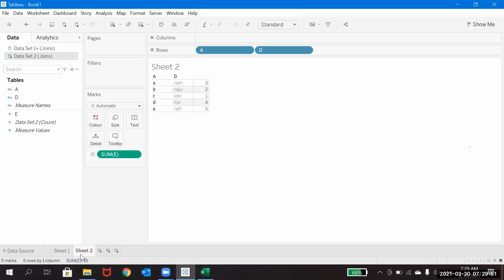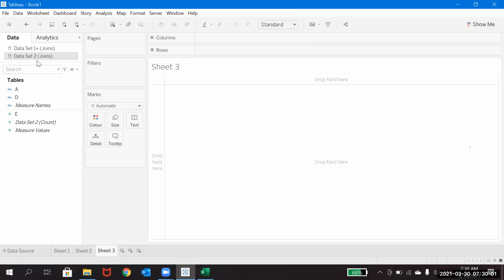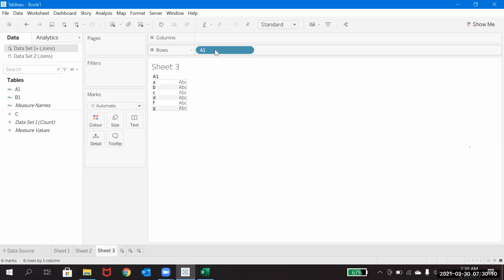In the different sheet, you have A, B, C, D, who they are, and what rank they have. Now in the next sheet, what you would like to show is the information of A, B, C, D, and you would like to see the names and the marks of these guys.